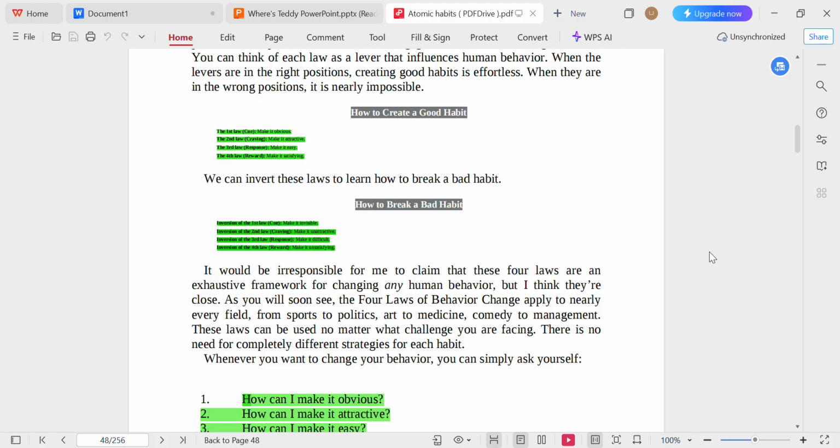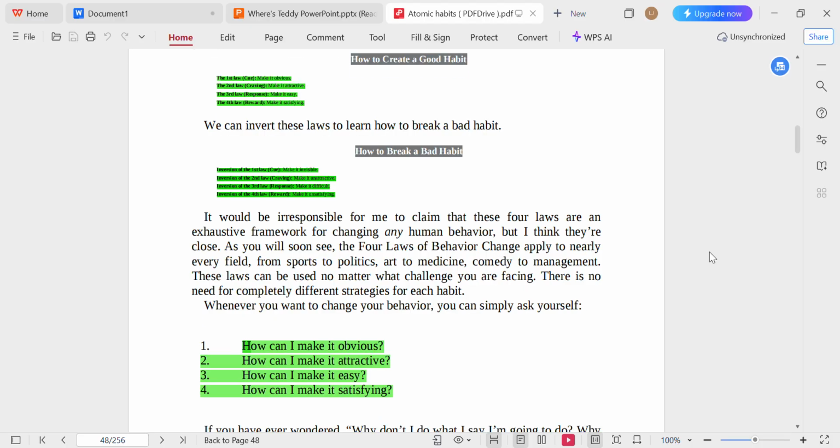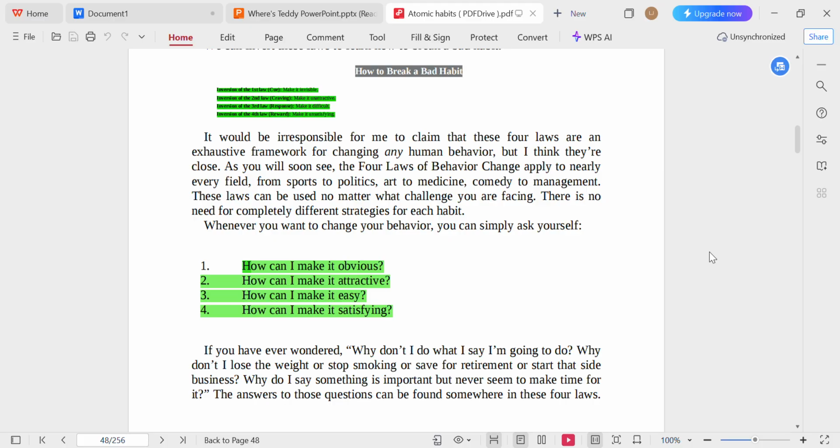Whenever you want to change your behavior, you can simply ask yourself: How can I make it obvious? How can I make it attractive? How can I make it easy? How can I make it satisfying? If you have ever wondered, why don't I do what I say I'm going to do? Why don't I lose the weight or stop smoking or save for retirement or start